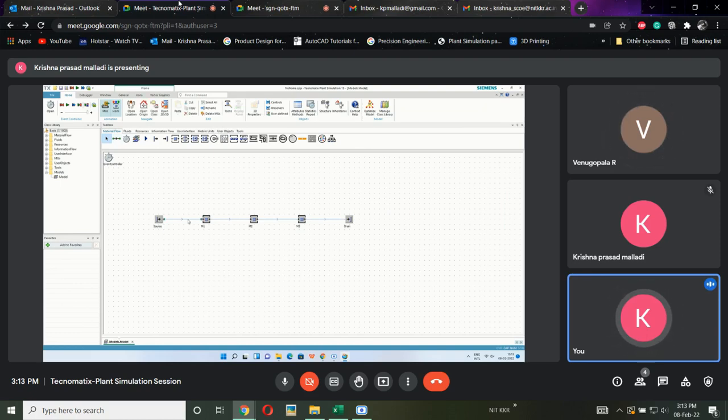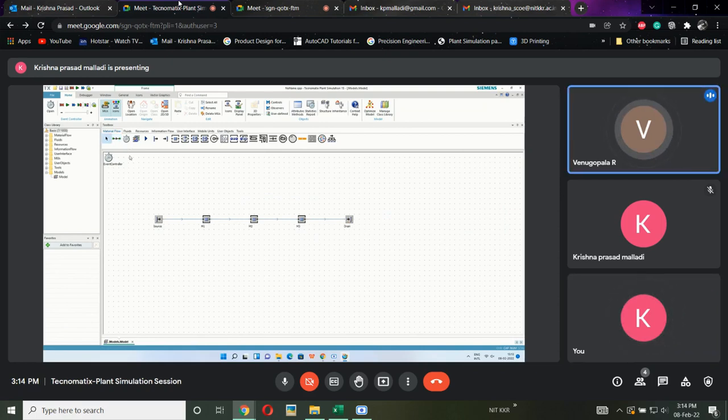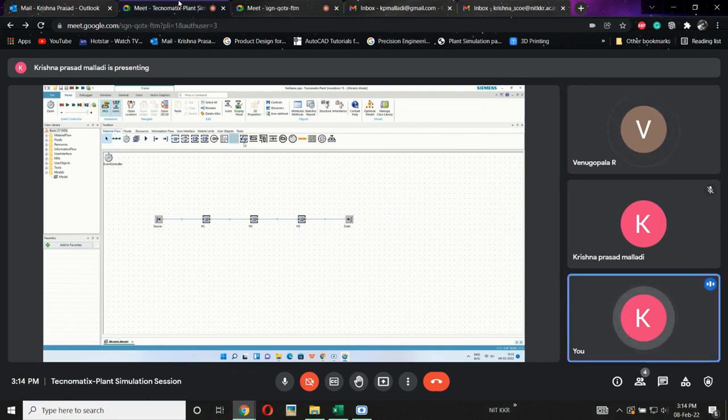If we are thorough with complete Plant Simulation, then we'll be using the control button, just like with the machines. We need to press control, hold the control, and press this one, and at the same time press here. Once it is done, again press the same machine. The control should be in a hold condition only. Then only this continuous connector will be enabled. In Technomatix, the control button is very helpful, not only for this but for conveyors, machines, robots, stores, everything. If we press control, we can have multiple objects. Otherwise, one after one click, it will be disabled.